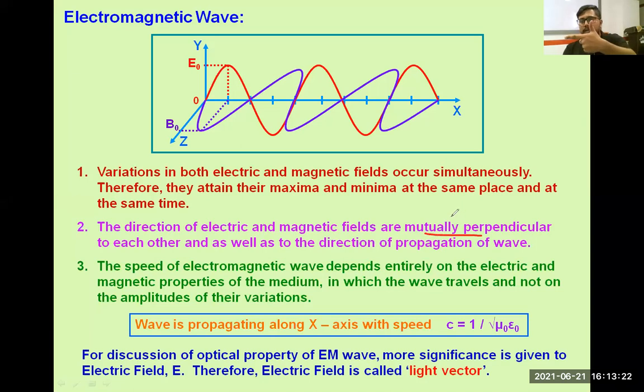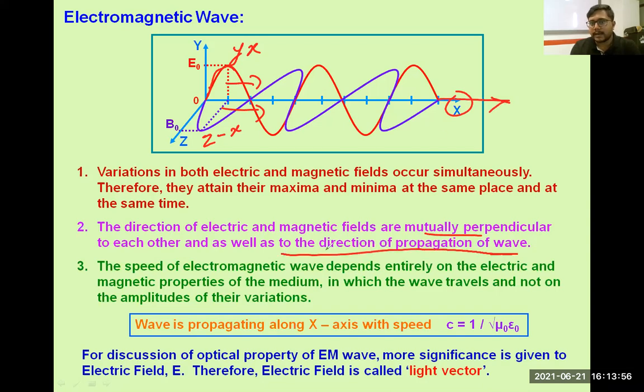If you take your fingers also like this, this is one axis. Suppose the electric field is going like this and the magnetic field is going like this. Both will be perpendicular to each other. One electric field is present in the XY plane and one magnetic field is present in the ZX plane. But when they are moving, they are moving along the X axis. It means light is moving like this. This variation will vary along the direction of propagation of the wave.